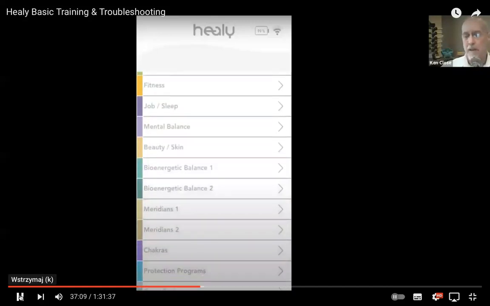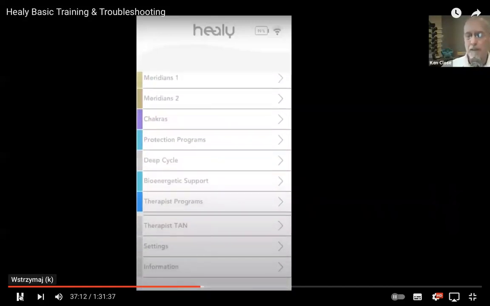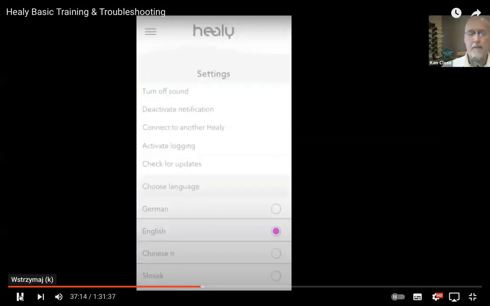Okay, so now you see that my Healy's on board there. Like Freddie mentioned, the settings tab in the back, how you could turn things on, turn things off, and